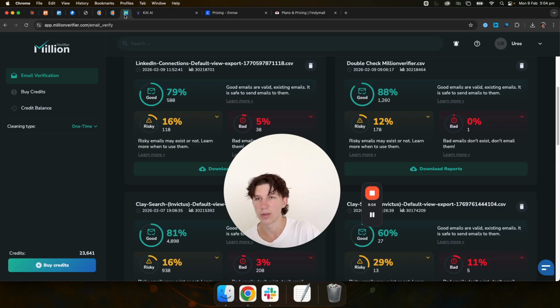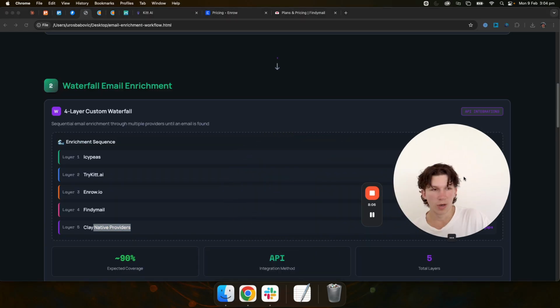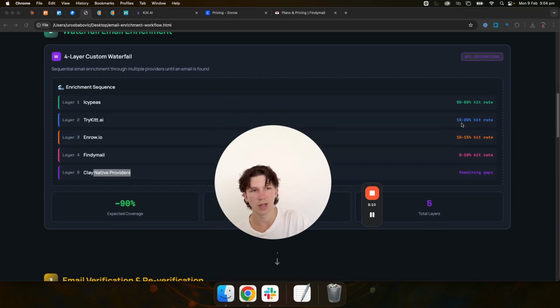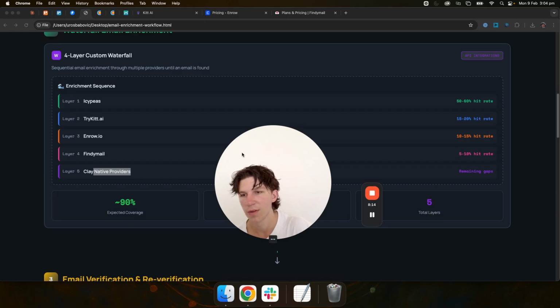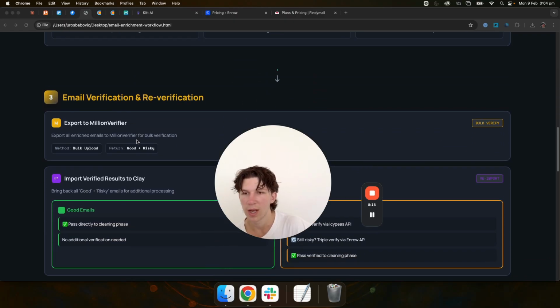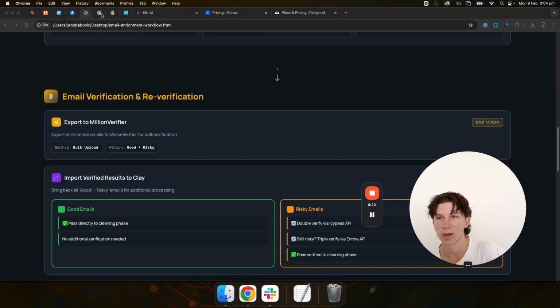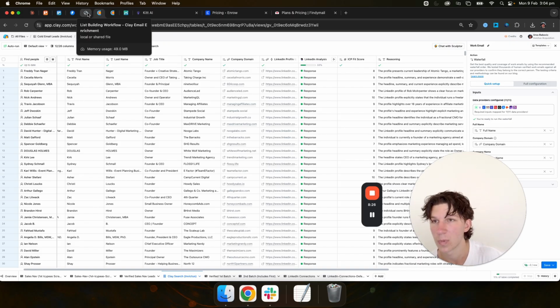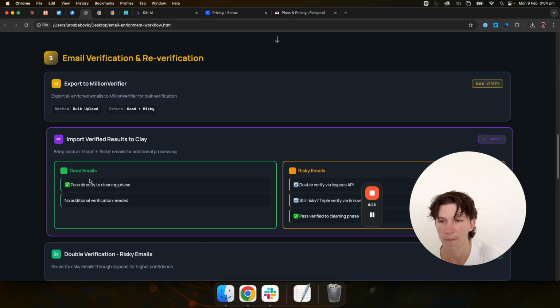And so these are the hit rates that you're going to get. So 50 to 60%, then you get 15 to 20 from Trykit, then you get Enrow a bit, 10 to 15 more, FindEmail 5 to 10% more, and you get like 90% coverage overall. Then you export this whole list that I've shown you just here, all the ones that are 5 or above out of 10 and found the emails, you export it into Million Verifier, import, sorry,